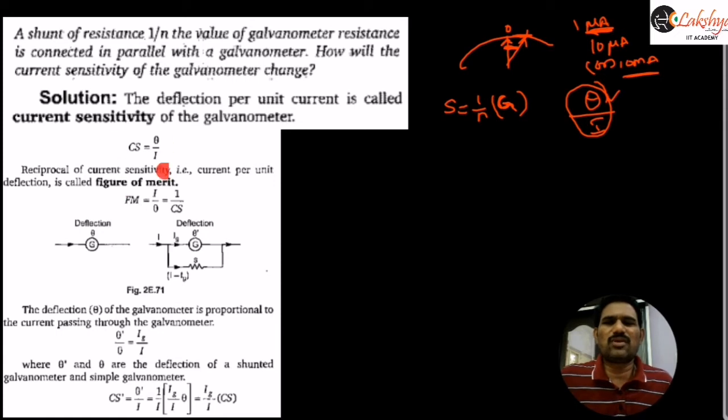We already defined the current sensitivity in the beginning itself. Current sensitivity is nothing but deflection per unit current. And this figure of merit is the reciprocal of that. I by theta is nothing but the reciprocal of current sensitivity, that is current per deflection, figure of merit means, right? And so next here, in the given galvanometer we are taking this deflection as theta. Now we are connecting this shunt resistance so that the deflection of this galvanometer changes to some theta dash, right? And so now see this, the deflection of the galvanometer is proportional to